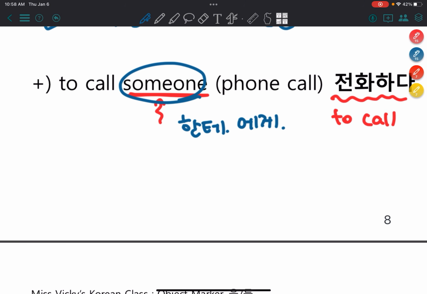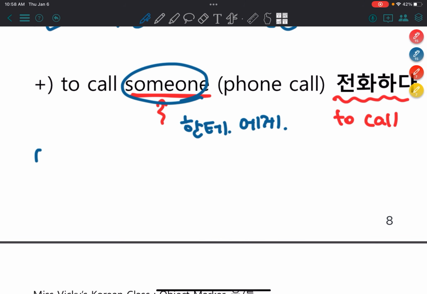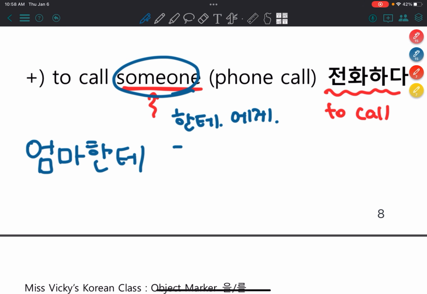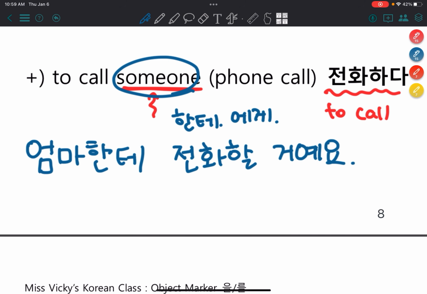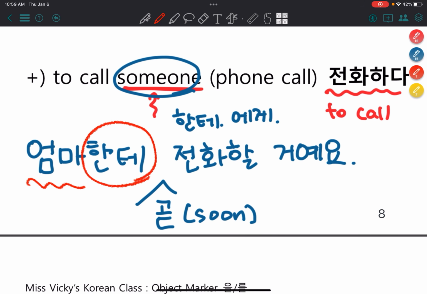So for example, if you want to say, I will call my mom soon, you can say 엄마한테. Let's remove 저는, I, assuming that it's obvious by context that I am calling. 엄마한테 전화할 거예요 would be the correct translation of I will call my mom soon, or 곧, as in soon, the adverb soon. So as you can see, 엄마, the receiver of the phone call, is marked with 한테